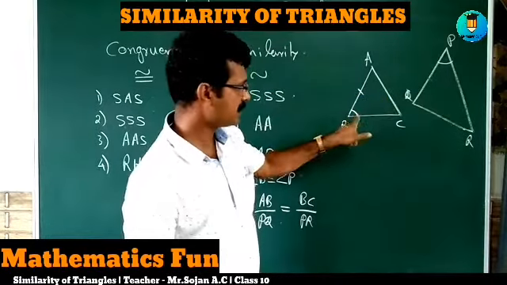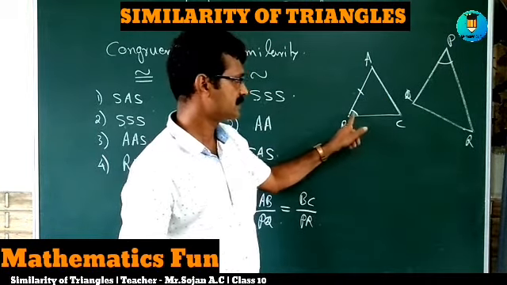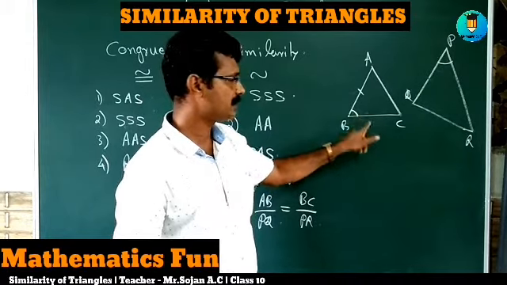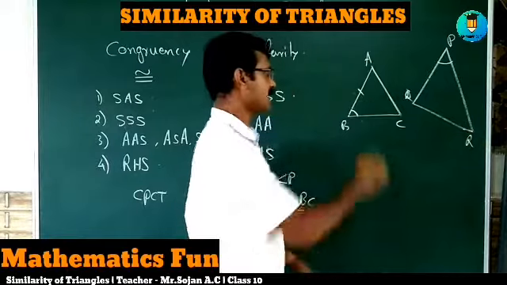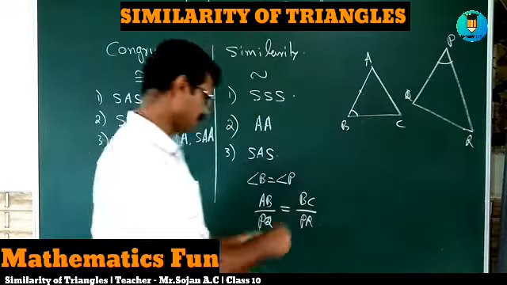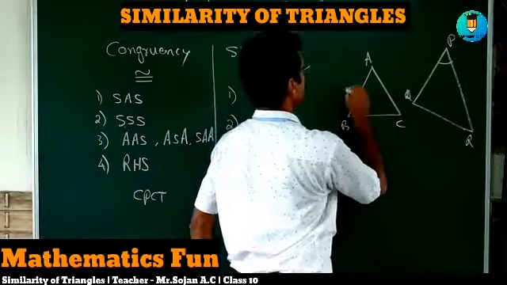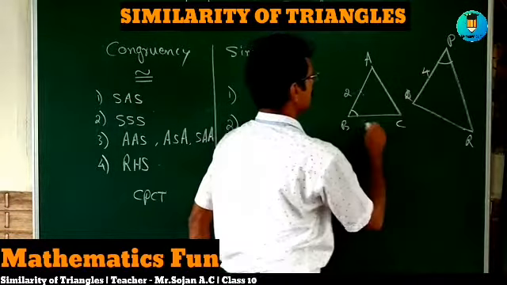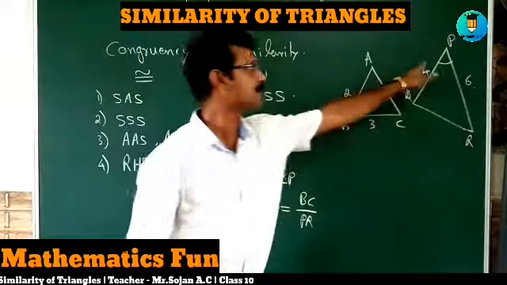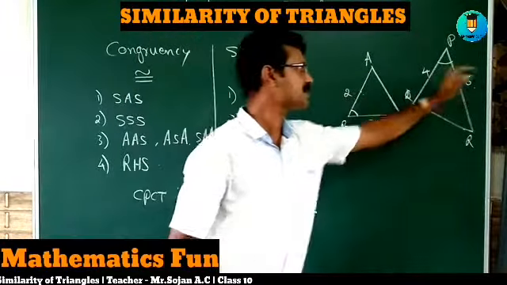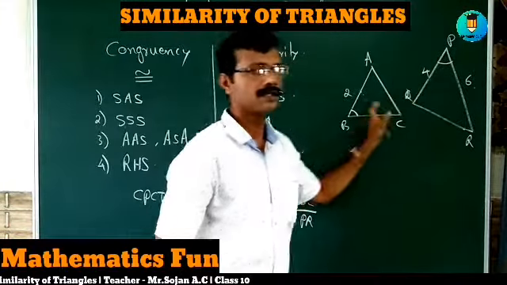BC, that is the angle, it is coming between the sides. BC, this side, the given angle is included between the sides. BC, here it is PR. So I have taken this ratio. Let it be here the ratio AB by PQ. See, if I write it as, let it be here I am writing 2, this is 4. Let it be here 3, this is 6. Here the ratio is 2:4, that is 1:2. 3:6, 1:2. Ratio is 1:2. And the included angle is equal.